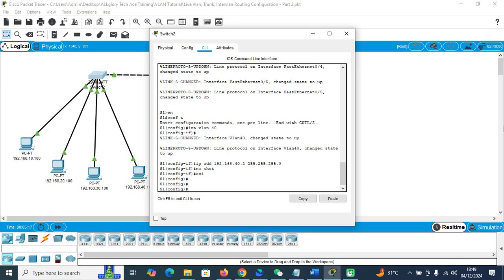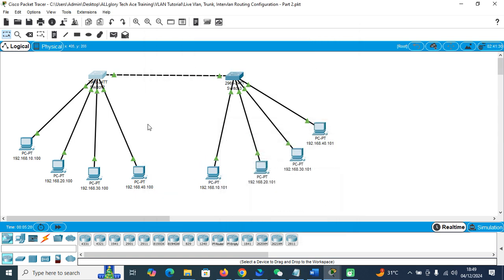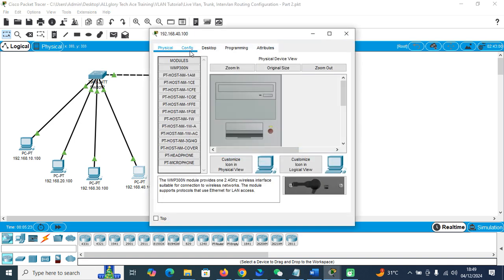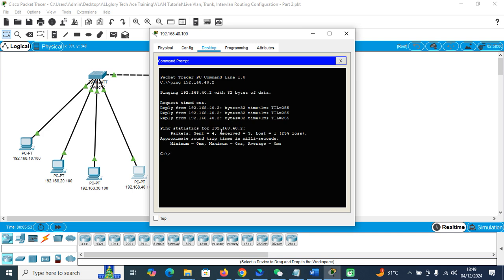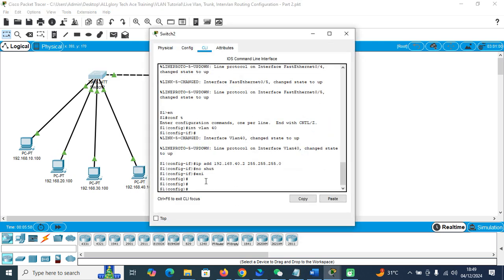So I have configured that. Let's check if we can ping interface VLAN 40 from this PC, which belongs to VLAN 40. Let's check. Okay, this shows that interface VLAN 40 is reachable from this PC. So from there, let us configure the